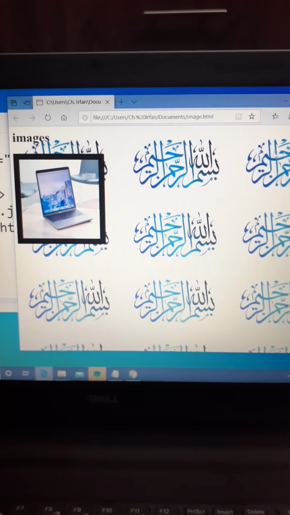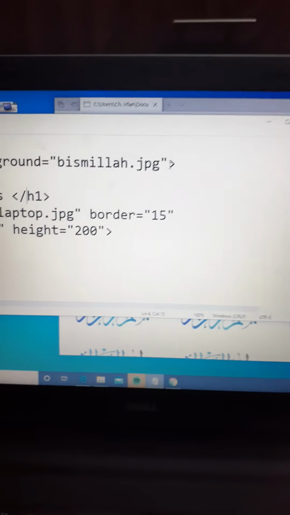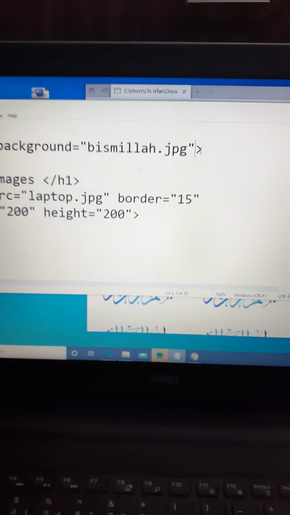And here is the output of it. The background, there is written Bismillahirrahmanirrahim because I selected this one, and everything is written in black color. Now in the body tag, there was another attribute, text.